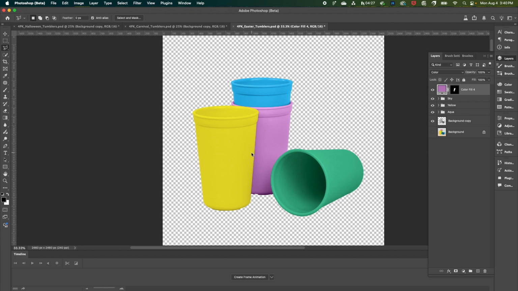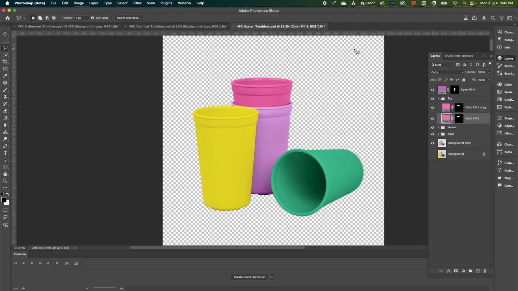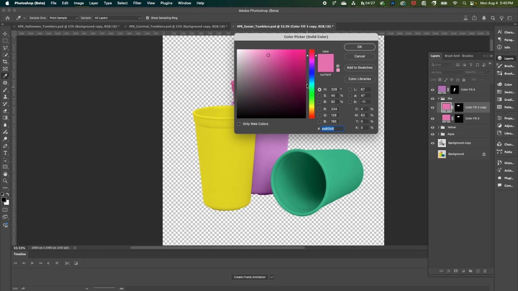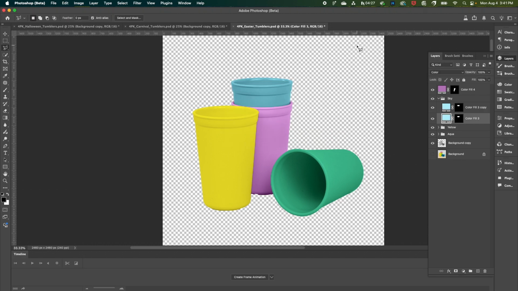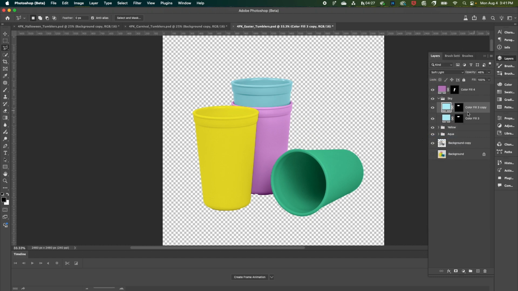But something like this, then you can come in if you need to. So if you want to change the color, like this time I need it to be pink, whatever color I use in one of the layers, I'll copy this hex value right here and paste it here, and now I have the pink. Or if you want it to be the ice blue, I'll copy this hex value, which I might not need two layers of. This I had as multiply, but since it's a lighter color, I'd use soft light. It's more of an aqua, but